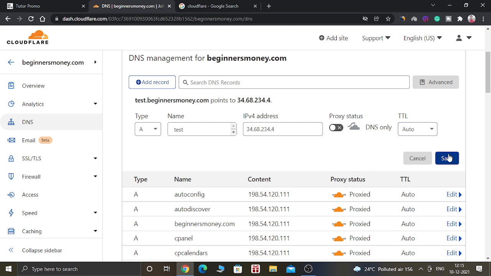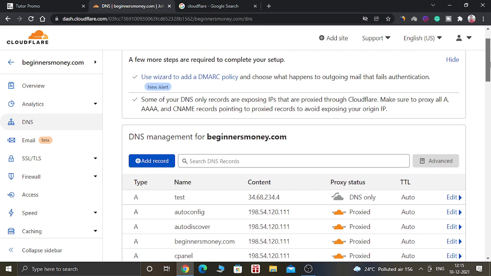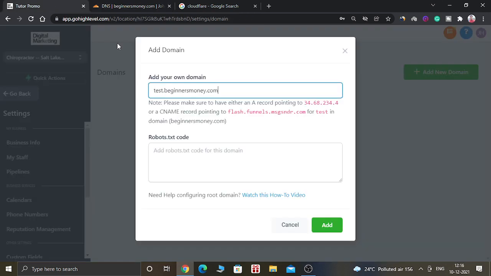First save this one in Cloudflare. As you can see, the test subdomain is created here, so the DNS is created. Go back to Go High Level and save this one also. Just click on add and this will be saved.